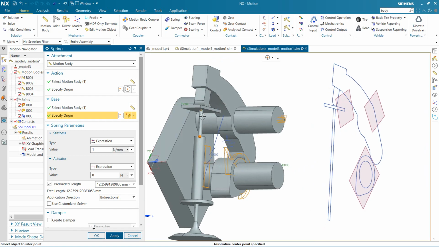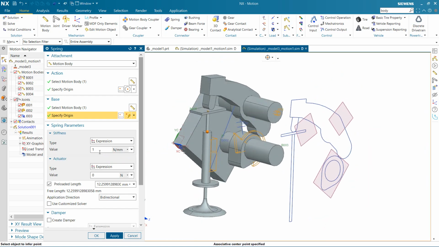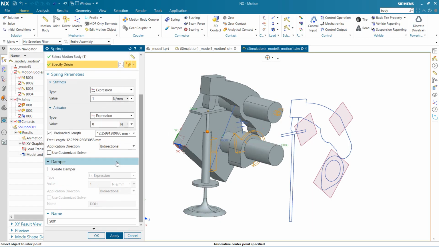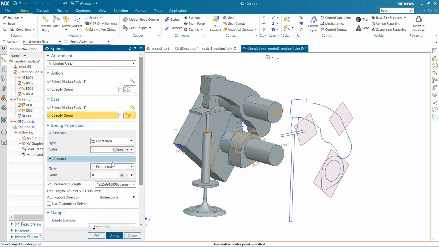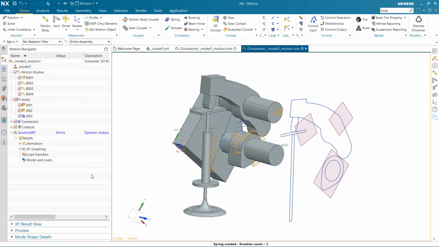It's the distance between this point that it already has the value here. So basically, we just want it to hold there. We don't really need to change the friction, change the force, or calculate it. You can create a damper and stuff here, but for now we just need that. So just click OK, and let's try it again.